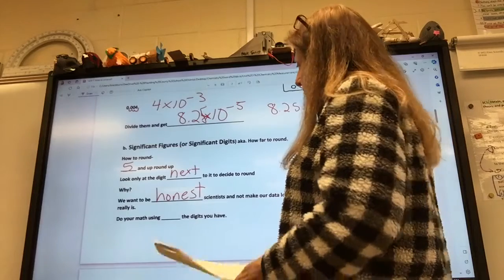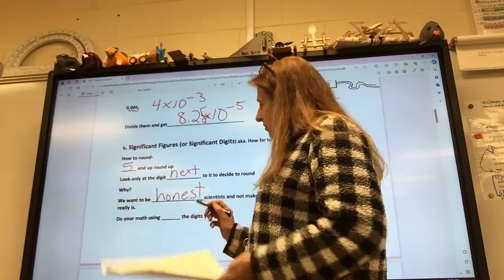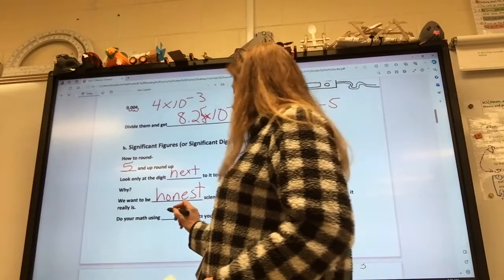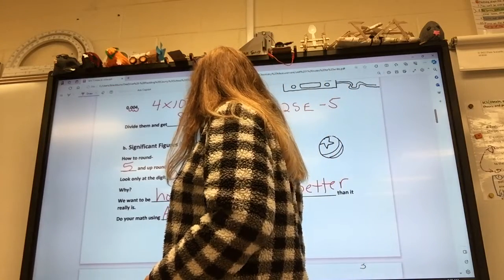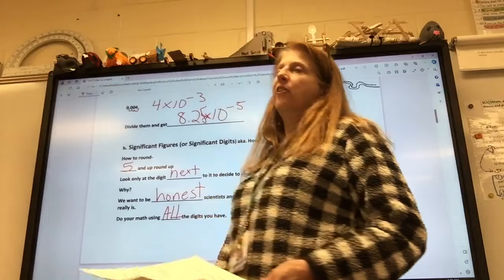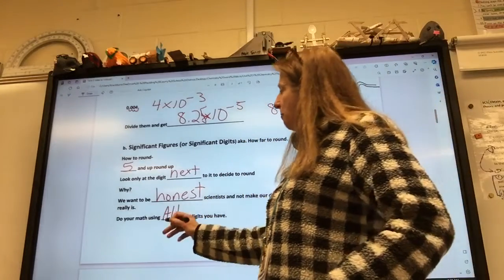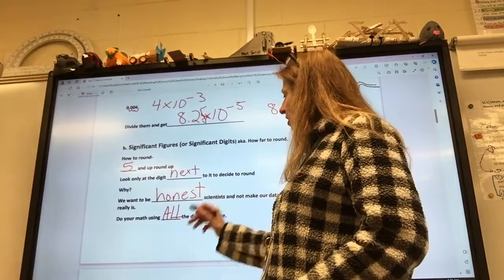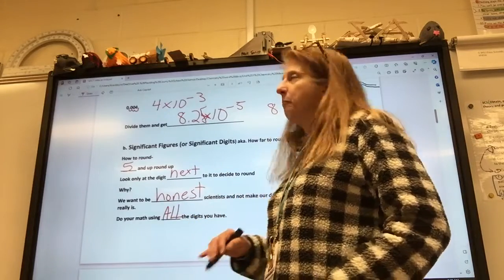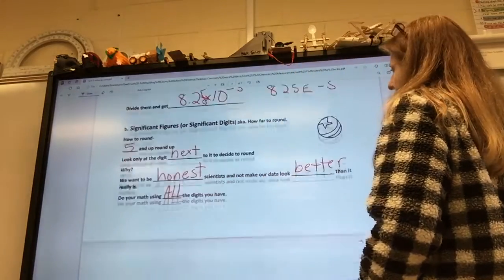Make it look better than it really is. So how do you do this? You do your math using all, and I'm going to write this in all caps so you don't forget. You don't worry about significant figures until the very end. You do the math in your calculator using all the digits you have. Then,